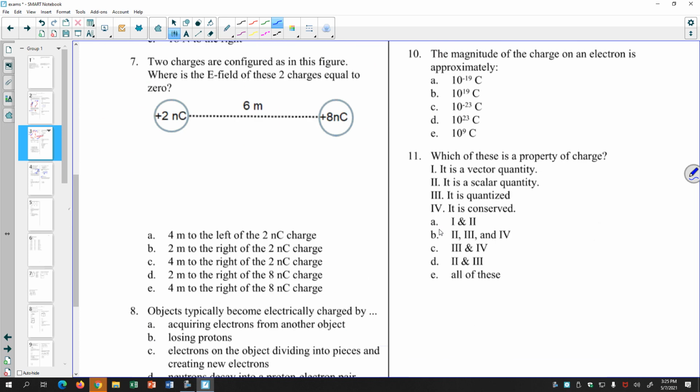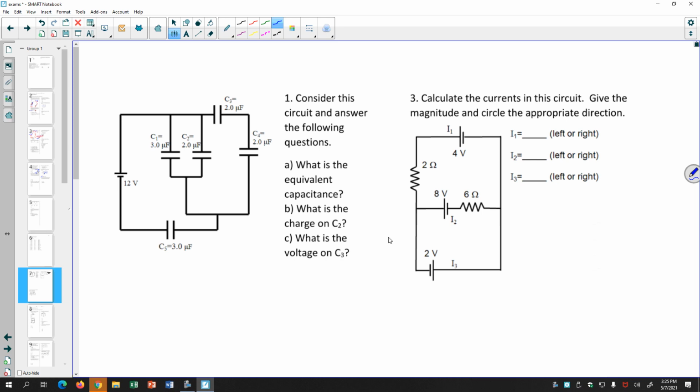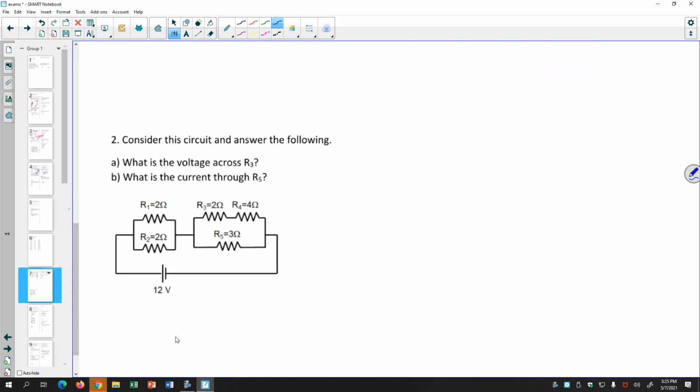Exam 2, can we go on to exam 2? We can come back to this, but let's look at exam 2. We have circuits, capacitor circuits, multi-loop circuits, combination circuits. Sonia? Can you go over the